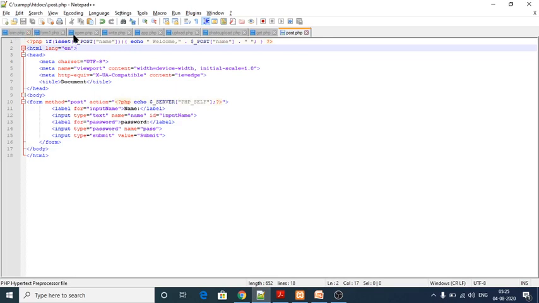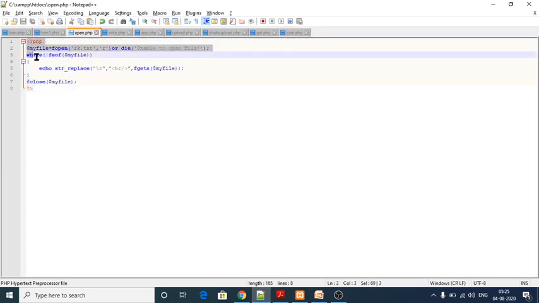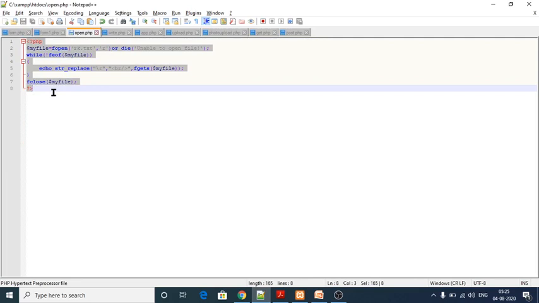Already I have created codes for that. See here, this is a small program to open a text file within the PHP source, but you have to store that particular text file, which one you wish to open, within the exam htdocs